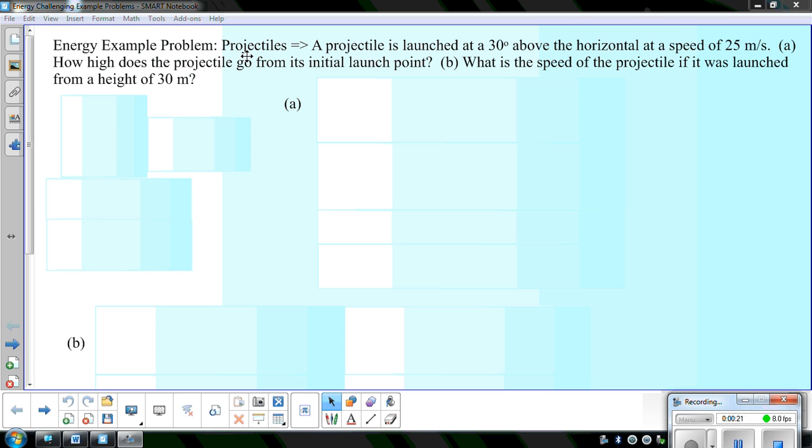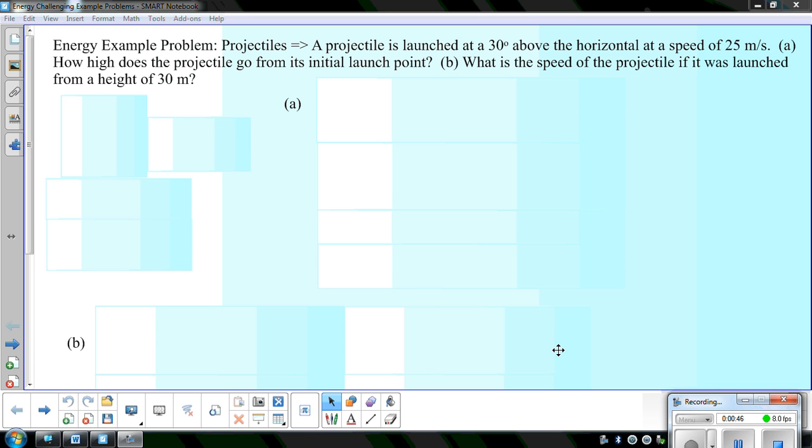projectiles. So in this example, a projectile is launched at 30 degrees above the horizontal at a speed of 25 meters per second. How high does the projectile go from its initial launch point, and what is the speed of the projectile if it was launched from a height of 30 meters? Now, if we were going to do this back